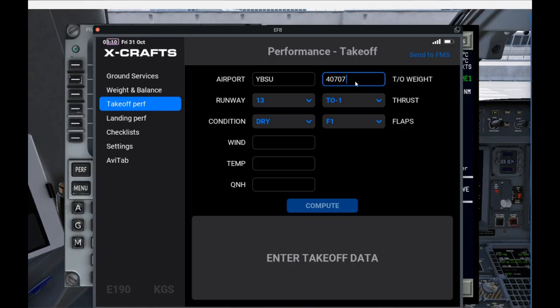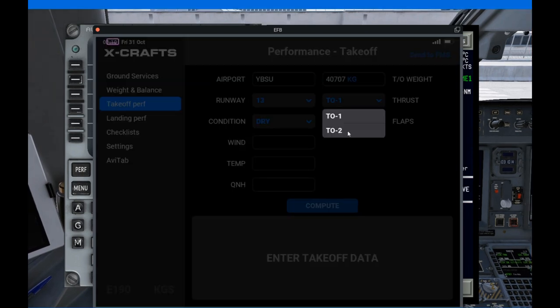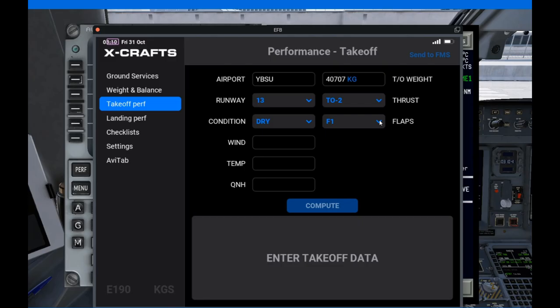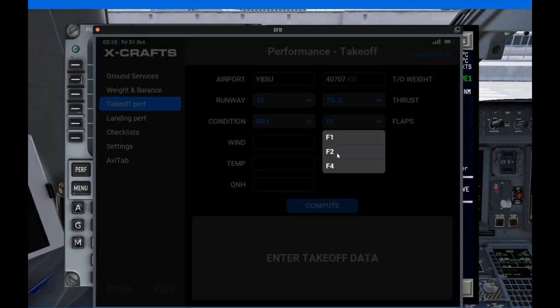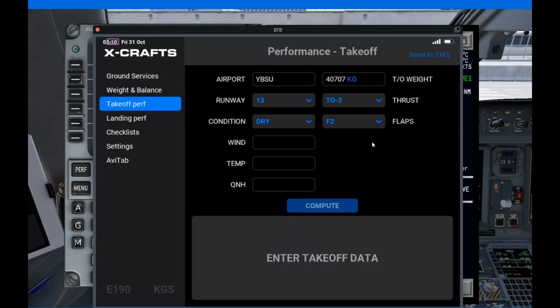Yeah, just tick that right. Okay, takeoff thrust. We'll set that to T2, and we'll set the flaps to F2 for takeoff. And dry conditions, wind we don't know, temperature we don't know, QNH is 29.92,